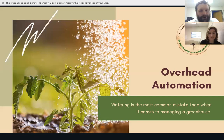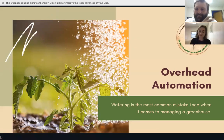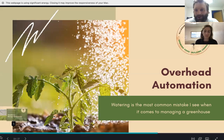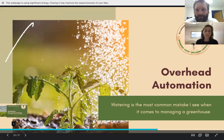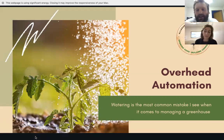Another thing to consider when watering is temperature. Right now we can't help it because one of our hydrants is outside, which is another thing to think about when planning access in your greenhouse. I wish we had put our hydrant inside our greenhouse. We're watering with really cold water, and it's going to drop your soil temperature. Every morning we're hitting young plants with 40 or 50 degree water, and they're not happy. Especially with tomatoes and heat-loving plants,